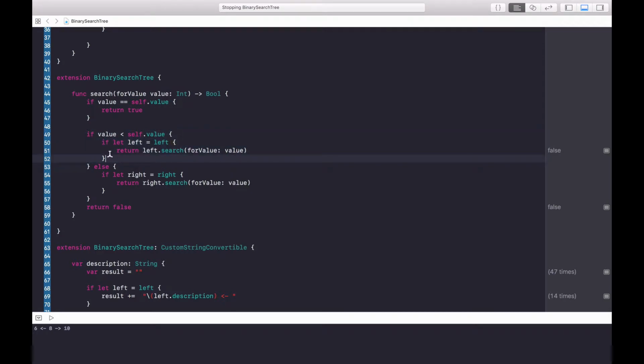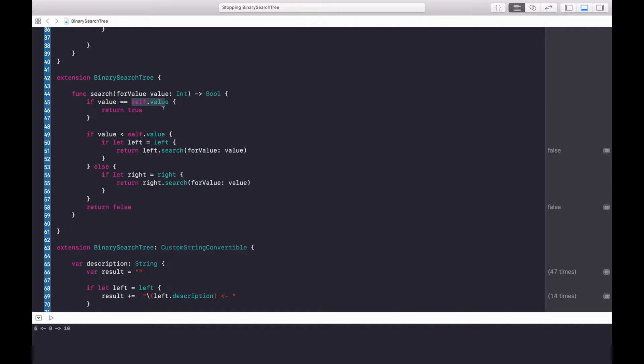Okay, and then it's going to check and see if a left node even exists, right? Because if it doesn't, then we just stop our search, right? So in this case, a left node does exist, and it's 6. So we're going to say return left.search, right? So we type this left.search because our left node is 6, and it's going to recursively call this function again. So it's going to start this function over, and our